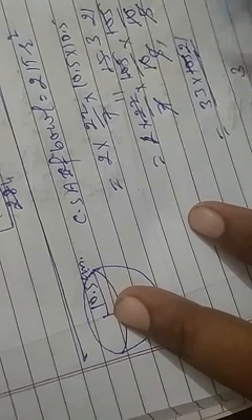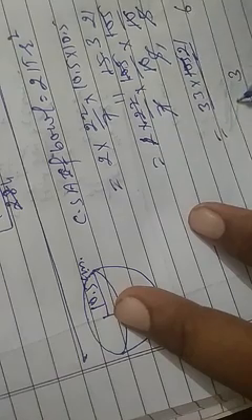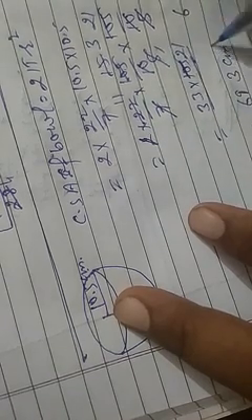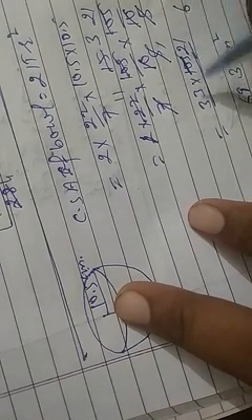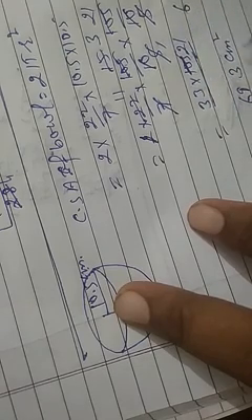Then 21 3 ja 63, carry 6, 21 3 ja 63 and 6 is 69 centimeter square. 21 3 ja 63, carry 6, 21 3 ja 63, 69 centimeter square.